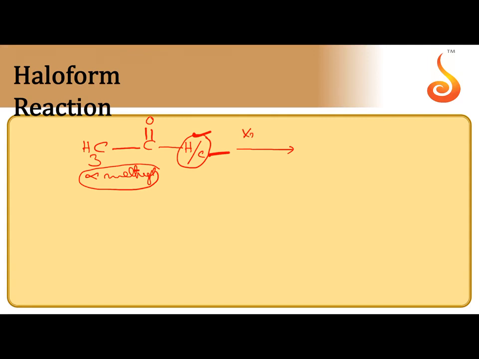So when it is reacted with halogen in the presence of base like sodium hydroxide, when halogen is added to base, it becomes hypohalite, XO minus. So this alpha CH3 is converted into CHX3, haloform. The other part is converted into carboxylate ion. In the presence of base, if acid is formed as product, that will be converted into salt. Carboxylate salt is obtained. If you wish to get acid, that salt should be subjected to acidification later.